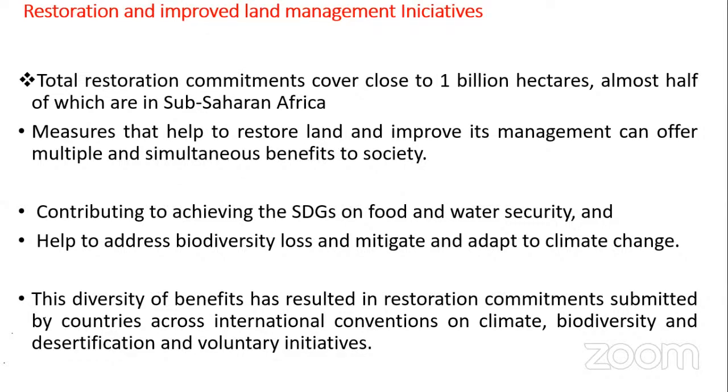The other aspect is that it addresses biodiversity loss and mitigates and adapts to climate change. Through this restoration process, we can conserve different biodiversities, different plant species and animal species, so that biodiversity loss can be reduced, and climate change can be mitigated and adapted. The other one is that it is very important in reducing the rate of